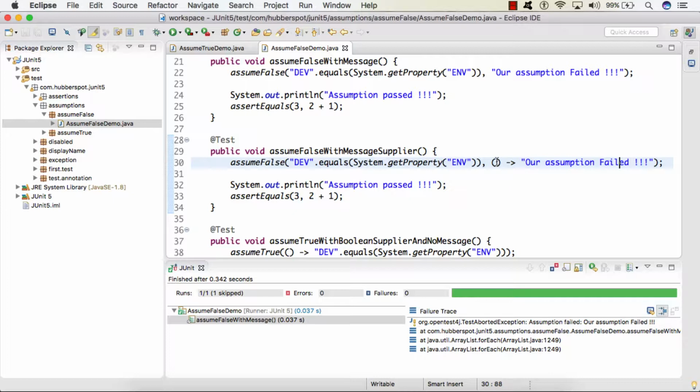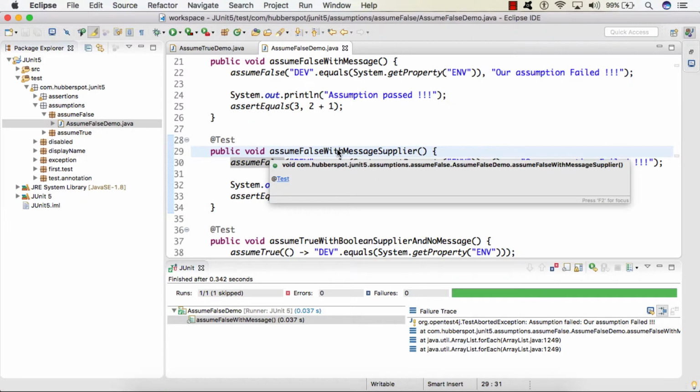So the only advantage of using this supplier functional interface over this direct string is that this string gets evaluated every time, whether our assumption is satisfied or not. But here the supplier functional interface evaluates to a string only when our assumption is not satisfied.